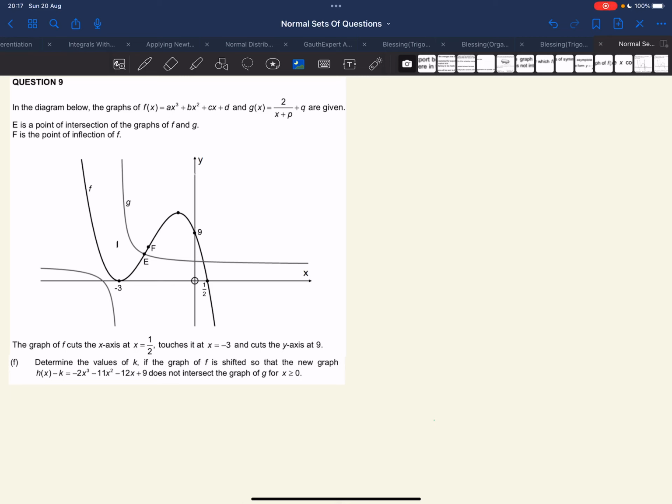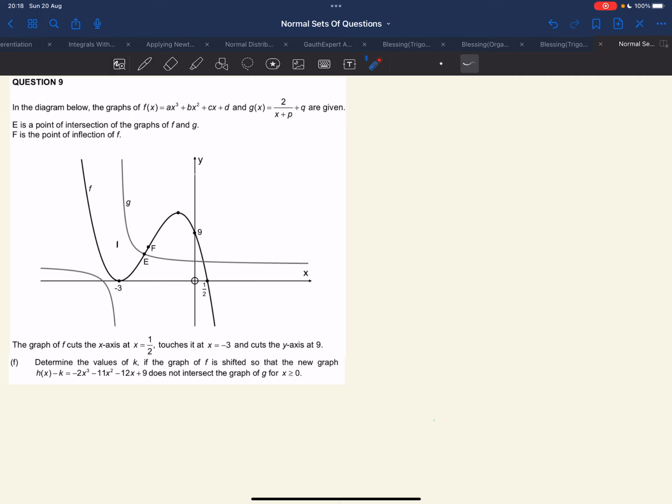Okay, right. So now in question F. In question F, they say to determine the values of k if the graph of f is shifted so that the new graph h of x minus k equals negative 2x to the power of 3 minus 11x squared minus 12x plus 9 does not intersect the graph of g for x greater than 0. So meaning that starting from 0 going to infinity, the new graph mustn't intersect